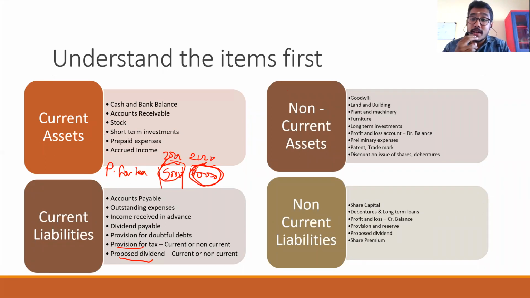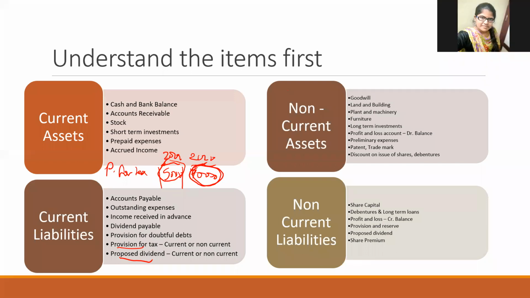Agree, sir. We have mentioned provision last year. In the last year, we mentioned 5,000 provision. What will happen this year to that 5,000? That tax is deemed to be paid. Will it remain as a provision? No. Then what will it be in 2020? A liability.